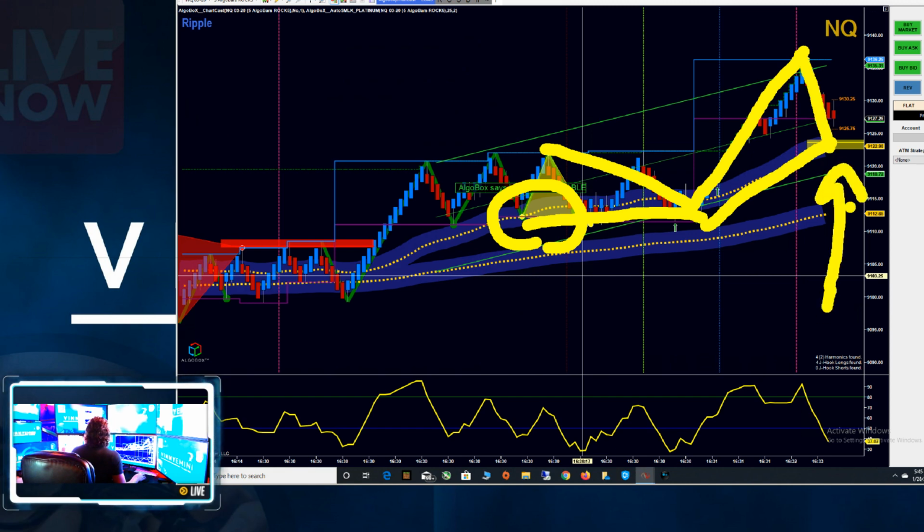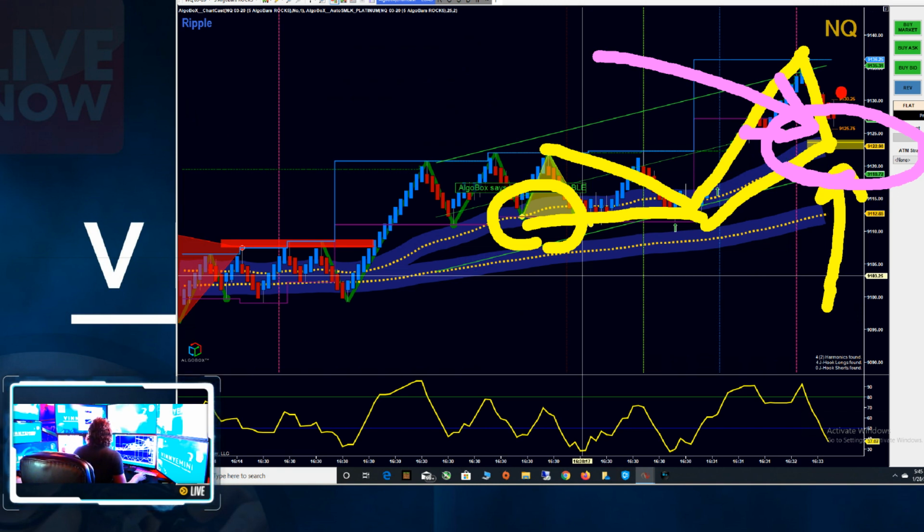Because you see that gold box right there? This is another advantage, something that ALGOBOX does that no other product can do for you out there, is to be able to predict where this PRZ is going to be. Now I can do several things with that. If I did want to scalp this short and I got a red dot somewhere up in here for some reason, I could take this scalp short and I could target this box here. But we know that because I've already got my filter in head and I am looking for a long